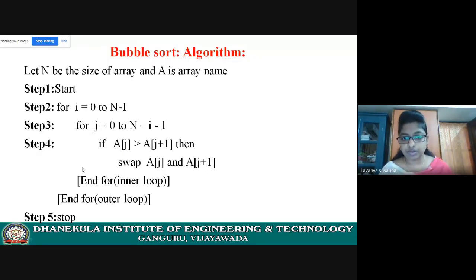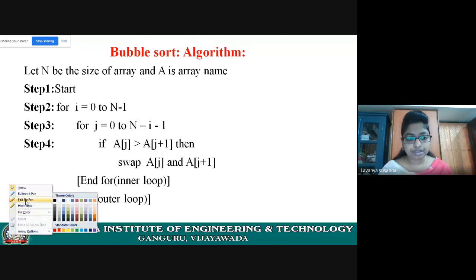Please trace out. You will understand. Same process is happening. I have explained it right now, the example I have explained, right? Same process is happening. Once again, write down the algorithm. I request all the students to write down the algorithm.